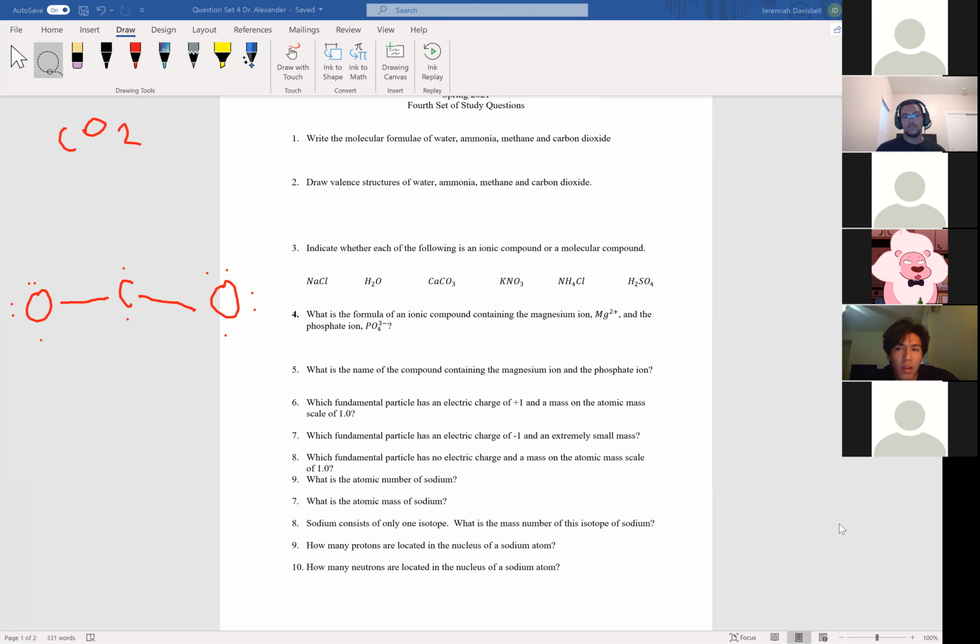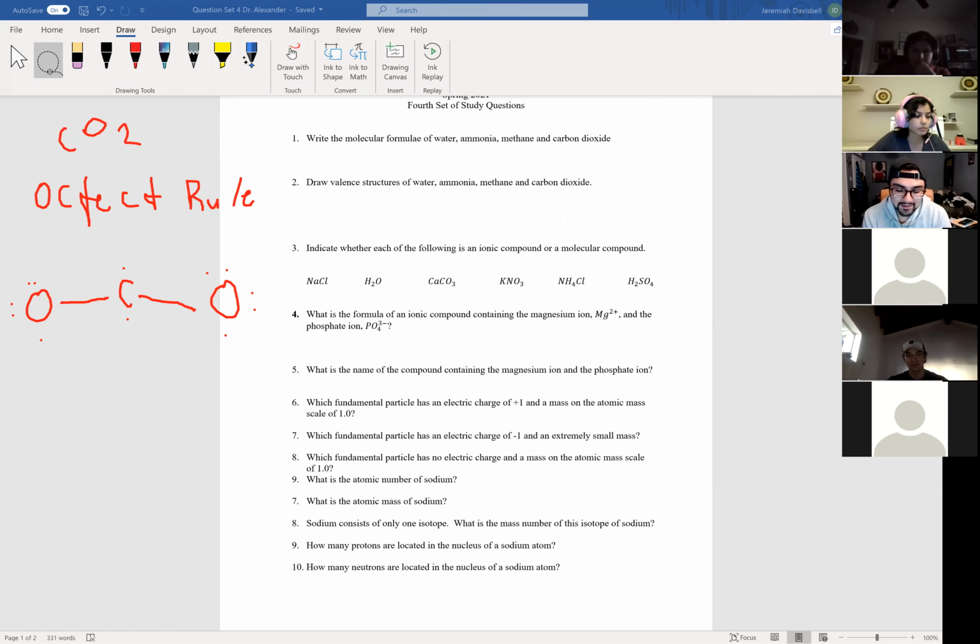So these 2 little elements follow some rule called the octet rule, okay? You'll see it later on, but it's nice that you're seeing it right now. So the octet rule, can anybody tell me what that is, the definition of that? I didn't see who said it, but they said the middle one needs to be full. That's almost exactly like the definition of the octet rule, okay?